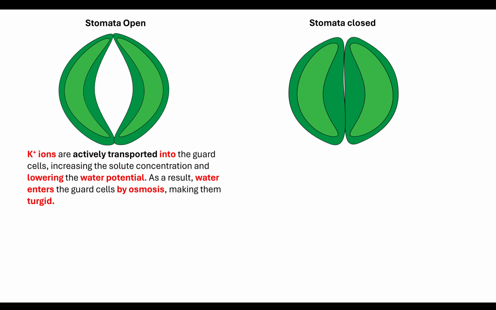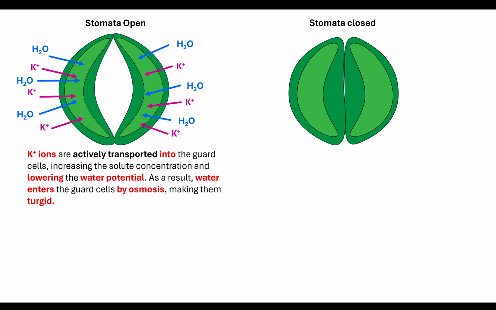So let's just remind ourselves about how the plant responds. When potassium ions are being actively pumped into guard cells, that's going to increase solute concentration and lower water potential. As a result, water will enter those guard cells by osmosis, and that's going to make them turgid